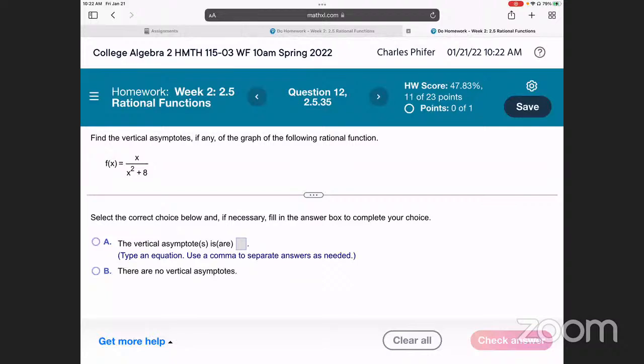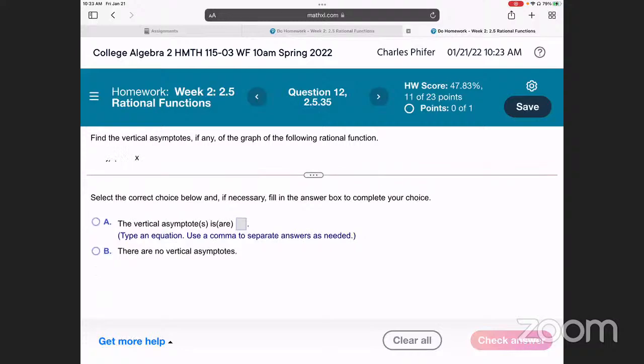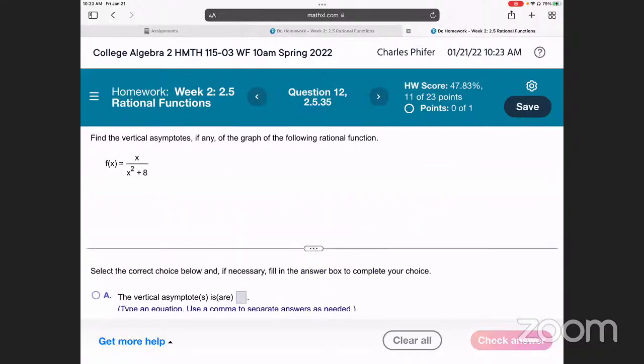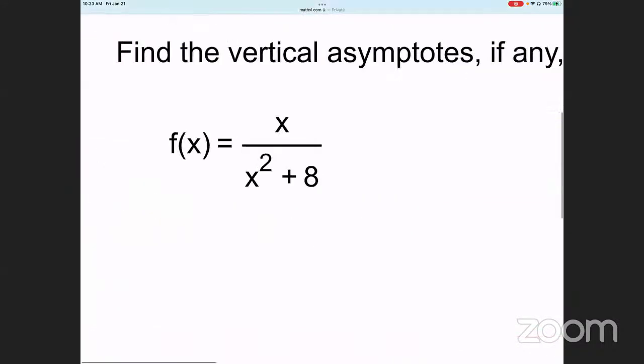Here we're asked to find a vertical asymptote of the graph, right? So now notice if we set this denominator equal to 0, we have x squared plus 8. X squared is just a parabola, a U-shaped graph where the vertex is at the origin. If we add 8 on the outside of x squared, that's going to move this U-shaped graph up 8 units,